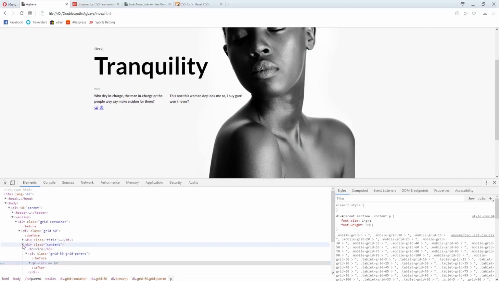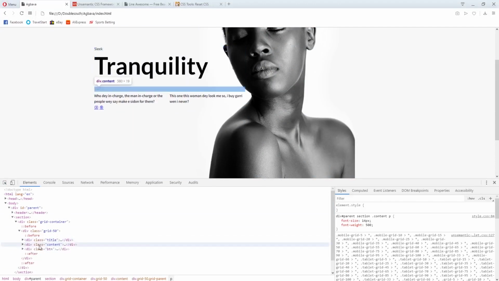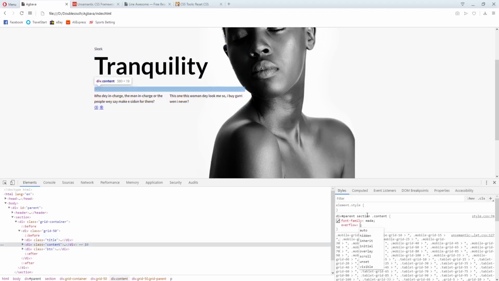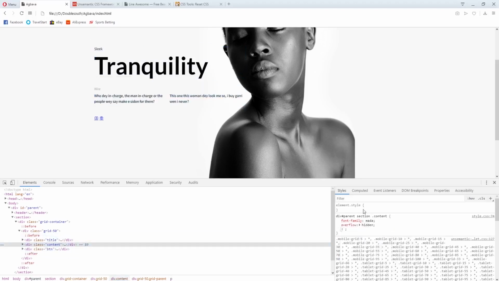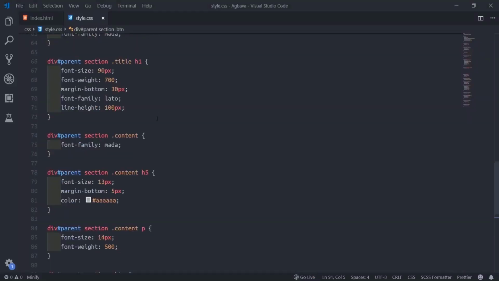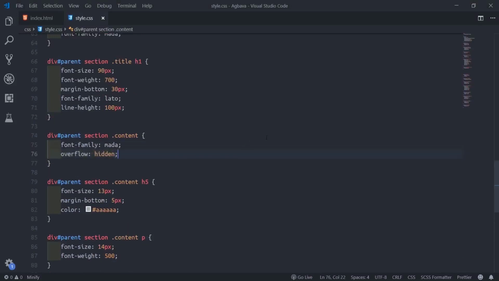Content. Wait. Title. Content. Button. Okay. If I select content now, sir, overflow hidden. All right. So this overflow hidden makes sure all these ones, they're inside the appearance now, so that is all these things right there now. The title and the paragraph, to make sure they're inside here. If not put on, it will not work. So we'll just copy this overflow hidden now. We'll put it over the content now. So come here. I'll put it on here like this.